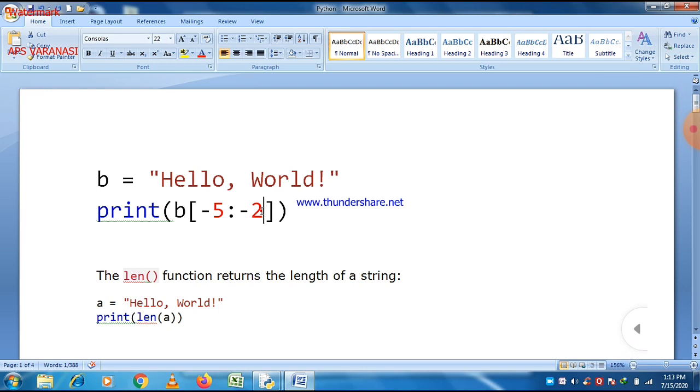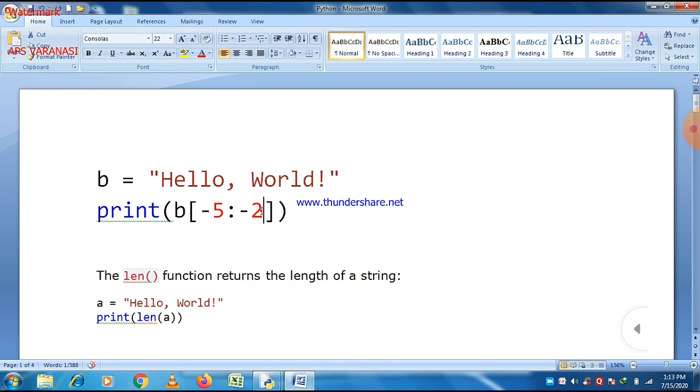But there is a concept of negative indexing also. And what is the concept of negative indexing? We write from left to right, and start with -1, then -2, then -3, and then -4. That is negative indexing also.